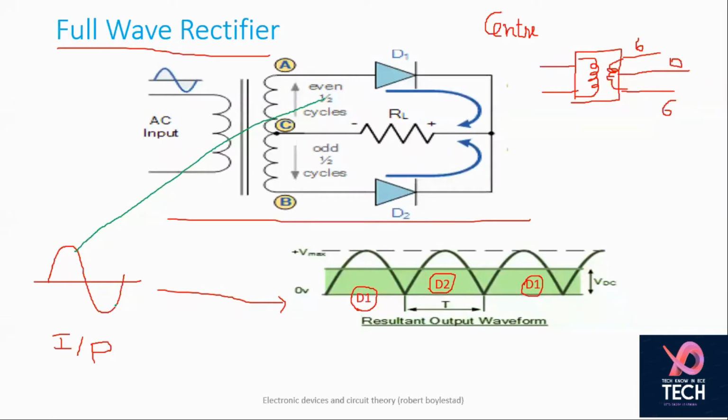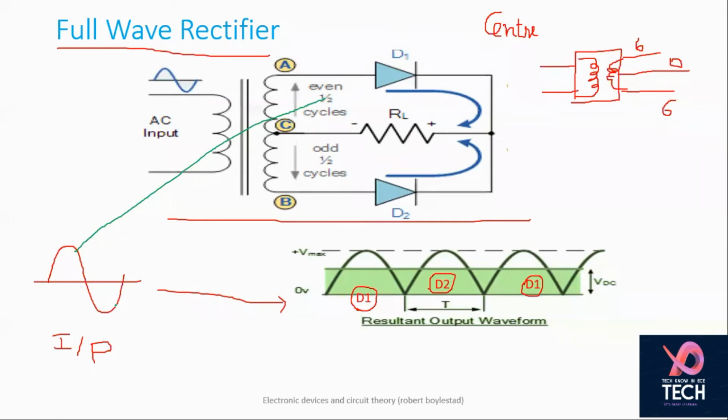The problem with this particular rectifier is that the construction of a center tap transformer is quite difficult, because so much accuracy is required. Sometimes accuracy is not there, so the transformer may be damaged in between, and construction is a little bit difficult. Cost also increases in the case of a center tap type transformer. So that's the problem associated with this, and the components required are also more.